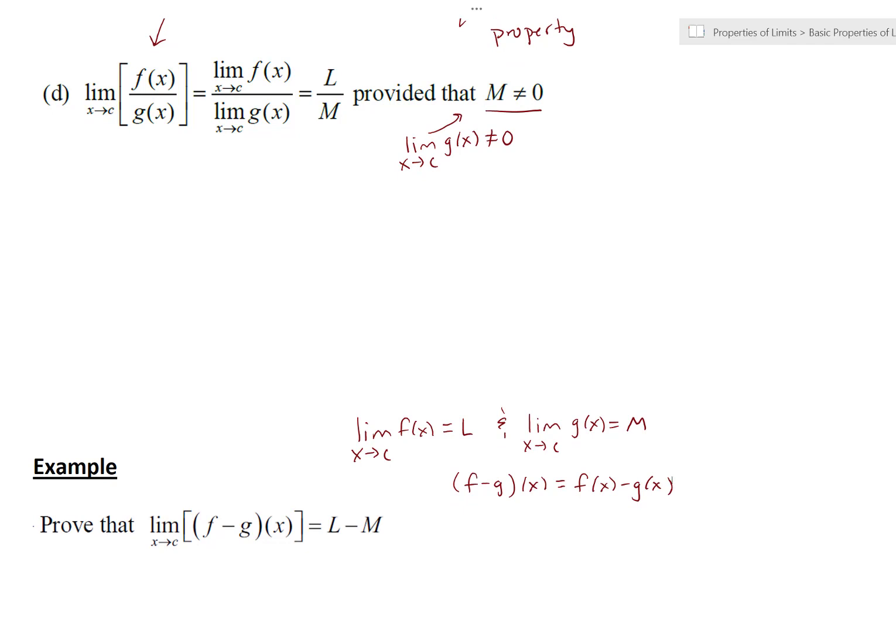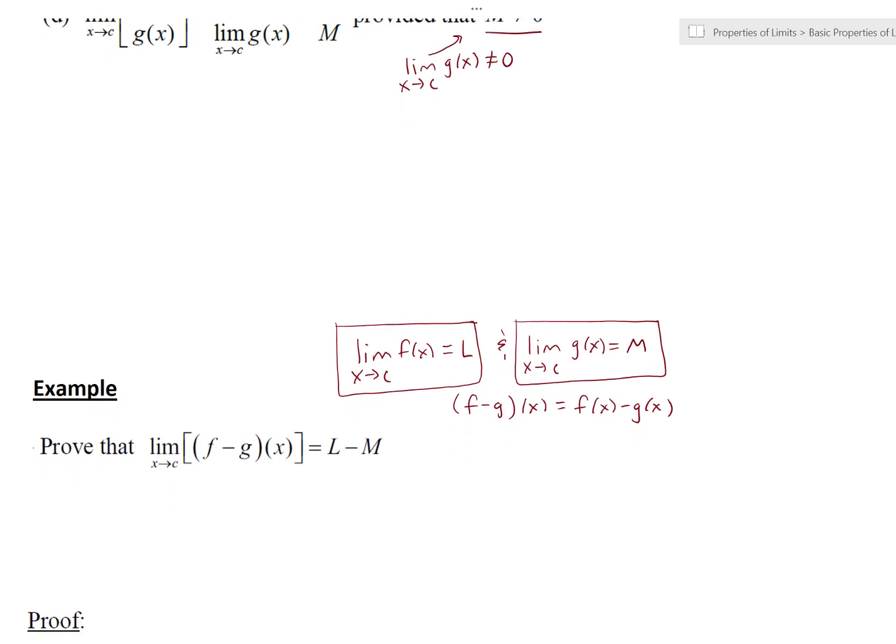Since we have two different limits that we're assuming exist, the limit as x goes to c of f is L, and the limit as x goes to c of g is m, we're going to have to make two different statements involving our epsilons and deltas, one for each of these. To begin with,